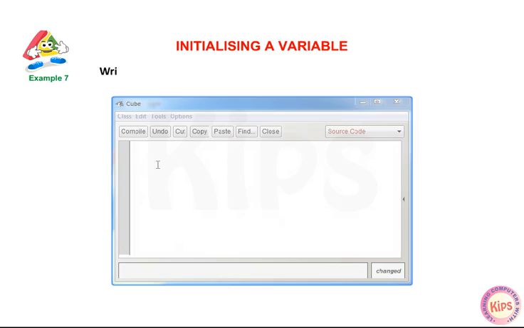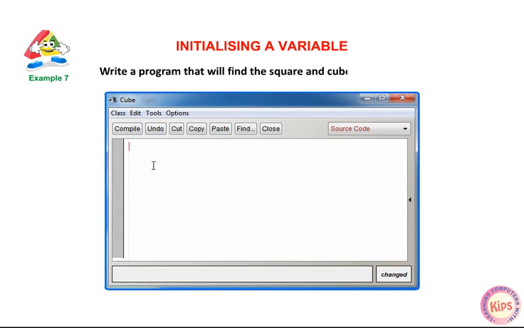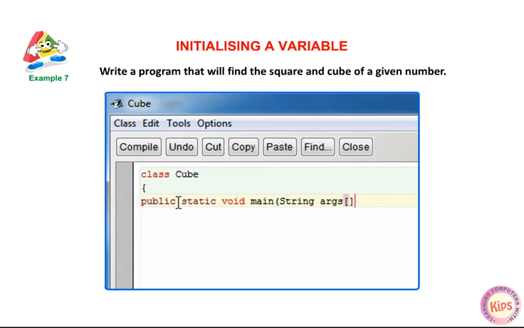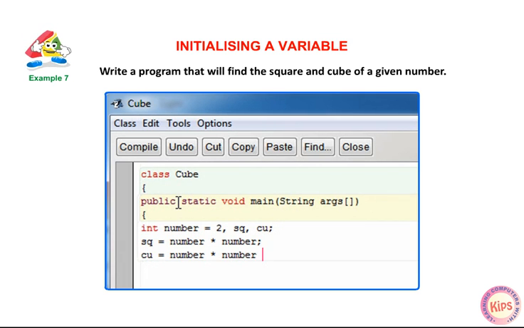Example 7. Write a program that will find the square and cube of a given number. class Cube { public static void main(String arg[]) { int number = 2, square, cube; square = number * number; cube = number * number;